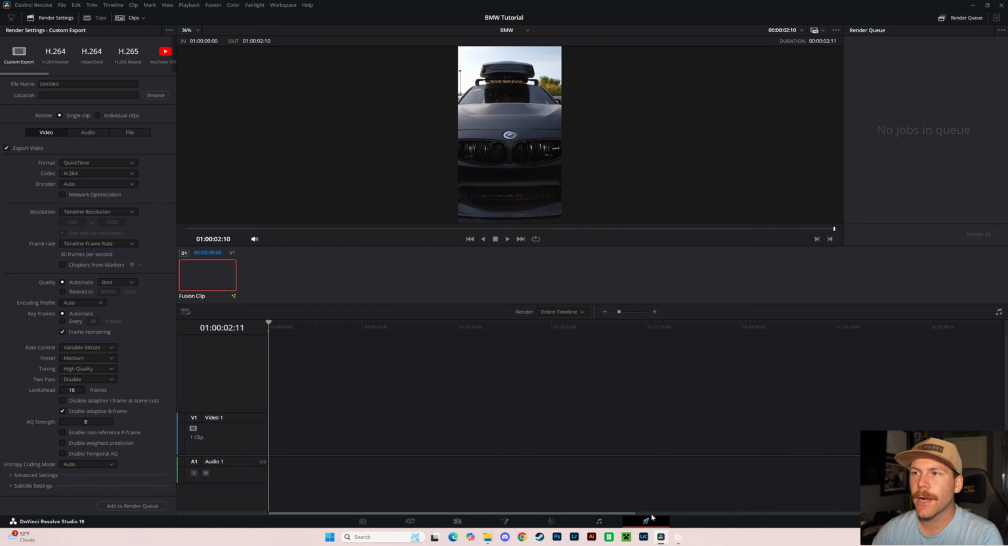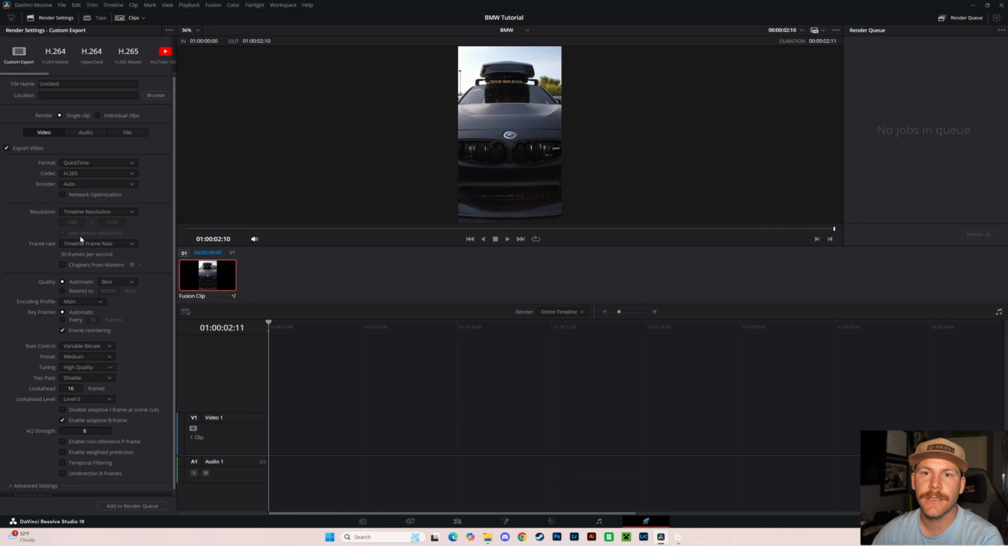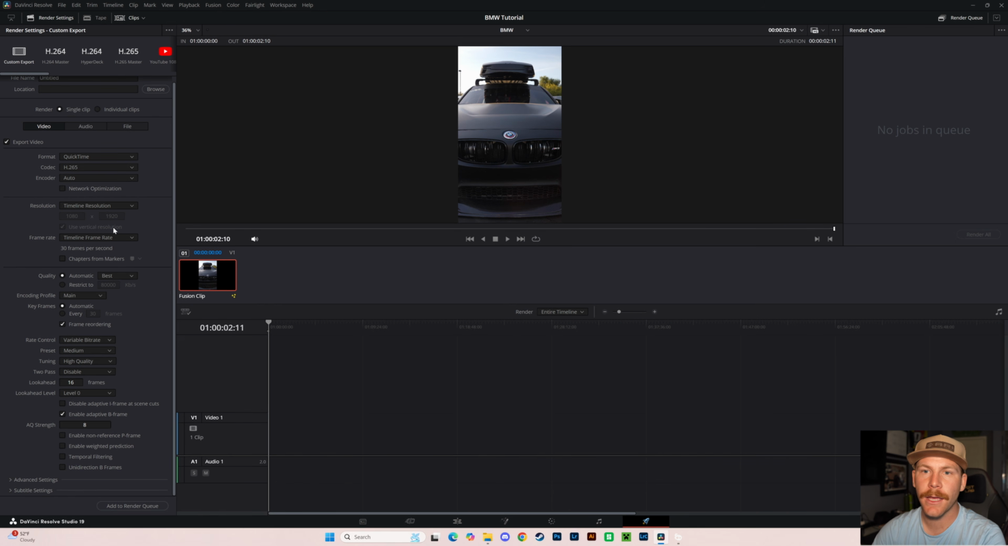But we're gonna come over here to our export tab. File name, you can set that to whatever location you'd like it to go. And then here's what's been working great for me. I'll set the format to QuickTime, codec I'll set to 265. Resolution, this time we're going to use timeline resolution because we want it to come out as 1080p. If you wanted 4K for whatever reason to upload somewhere else, you could absolutely set that to 4K, but we're